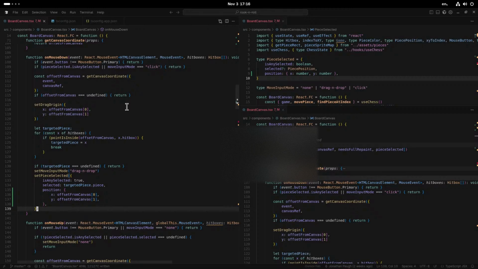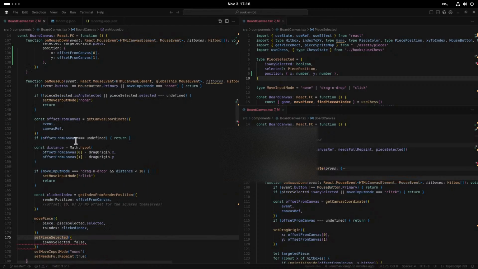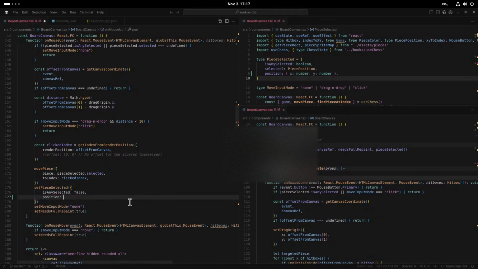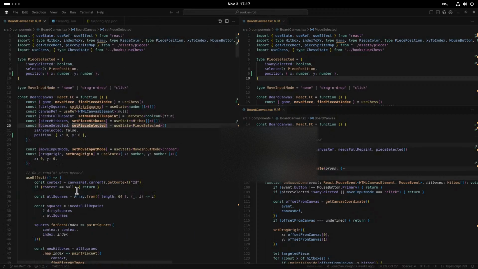Perfect. We need to change this to return the same kind of value, but anyway, whatever. Set piece selected. Where else are we using it? Is any selected? False. Position. It doesn't matter what we set it to at this point. Okay. And yeah, the piece is getting moved, so it's going to render properly again. Now then,